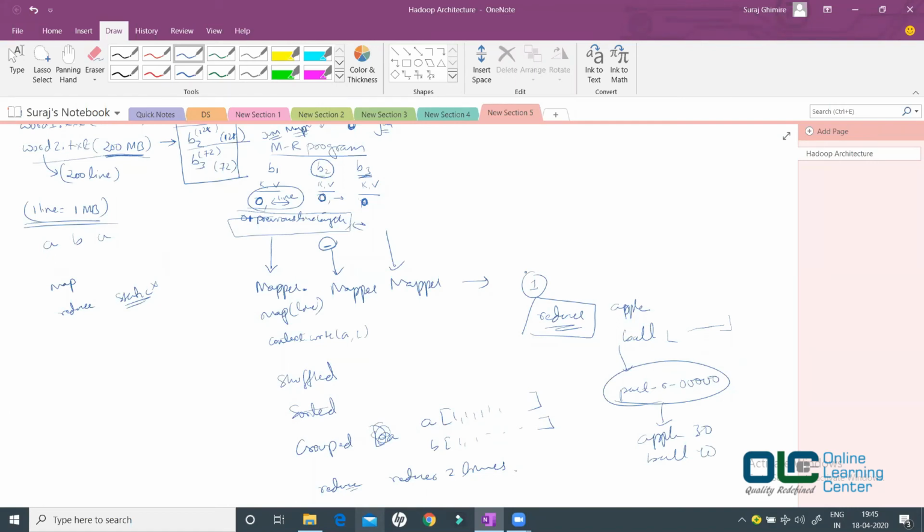If I assume that I have 26 groups, I think it would be better to use 26 reducers, so that one reducer is only concentrating on apple count, the other reducer is only concentrating on ball count, the other on cat, dot dot dot, and the last reducer is concentrating on zebra count. So the total number of reducers should also be maximized if you really want to use the computing power and process them in parallel.